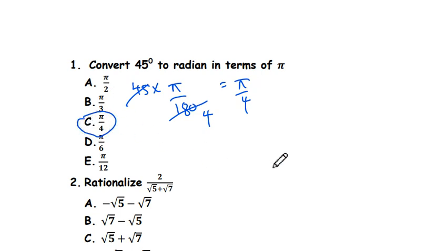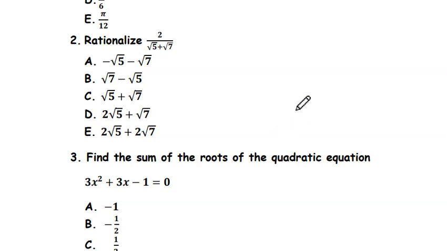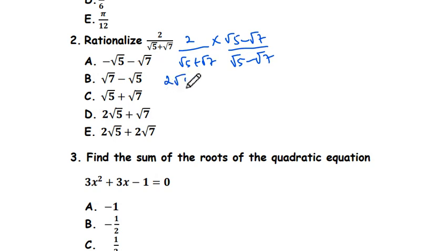Question 2, rationalize 2 over root 5 plus root 7. Rationalizing this, we have 2 over root 5 plus root 7 times root 5, you change the sign to minus root 7, divided by the same thing you did in the numerator, root 5 minus root 7. 2 times root 5 is 2 root 5. We're expanding now. 2 times minus root 7, that's minus 2 root 7, divided by root 5 multiplied by root